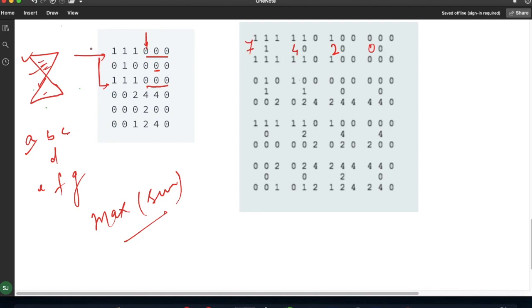So you can see here, for the very first iteration, how much have I moved? If this is my length, suppose total n, then I have moved only up to n minus 2. Till here, if I am here, then I will get the values of this one and this one by simply adding plus 1 and plus 2. Similarly, if I am here, then I can simply get the values of this one and this one by adding plus 1 and plus 2.